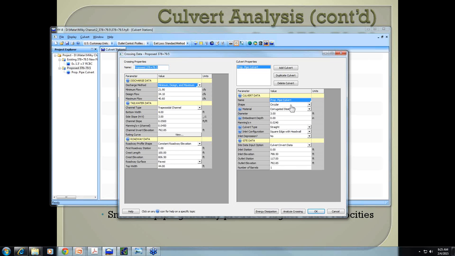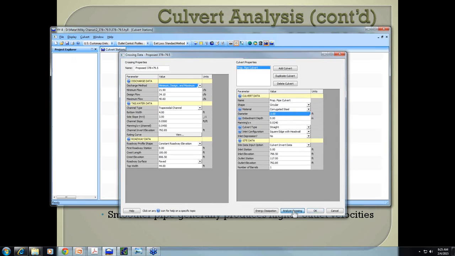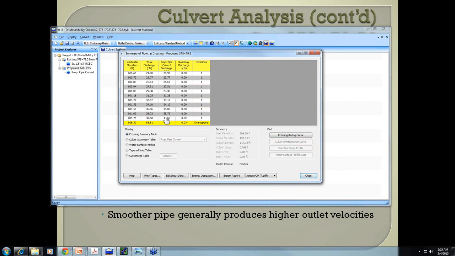We are going to use a circular pipe, steel, and for example, this one we're going to use a 36-inch pipe, 3-foot diameter. And so the Manning's n is selected, the head walls are selected, our site data is input here. We have looks like about a 117-foot length there, and then we're going to analyze that crossing. And for the 100-year storm, which I think the 100-year storm for this is 40.6, we see our headwater for this is 801.74. And again, this information will end up going into your TC